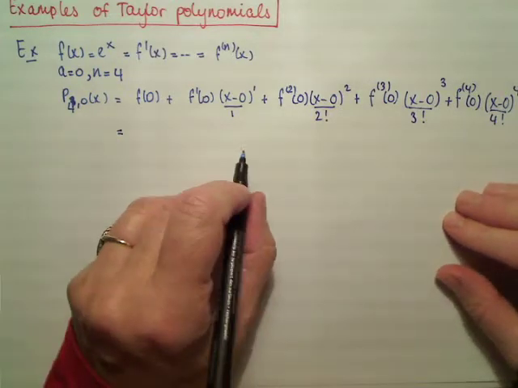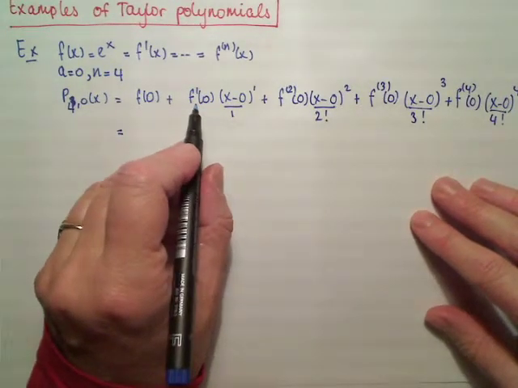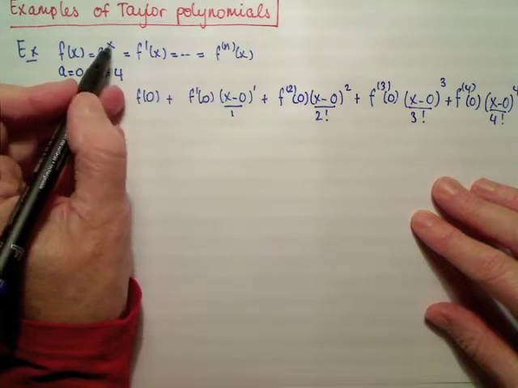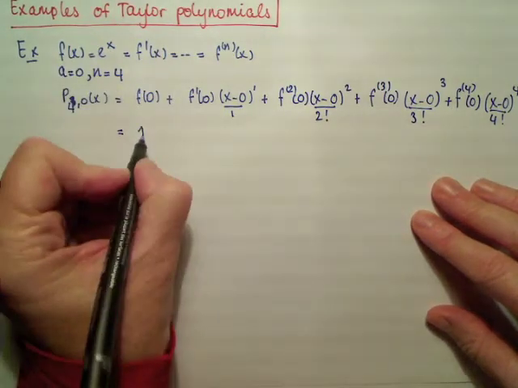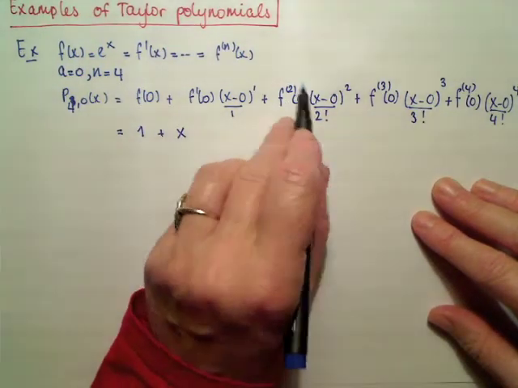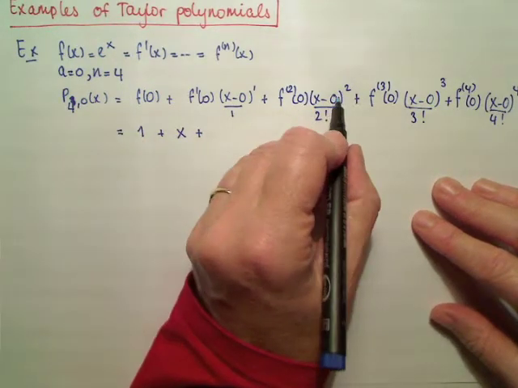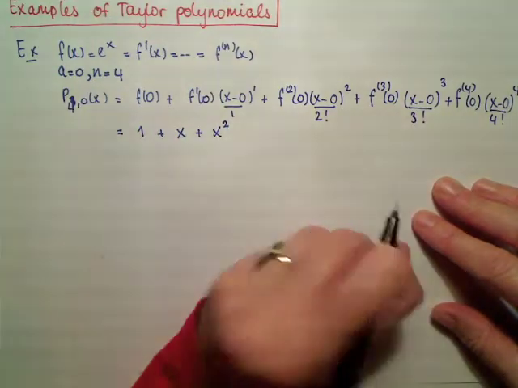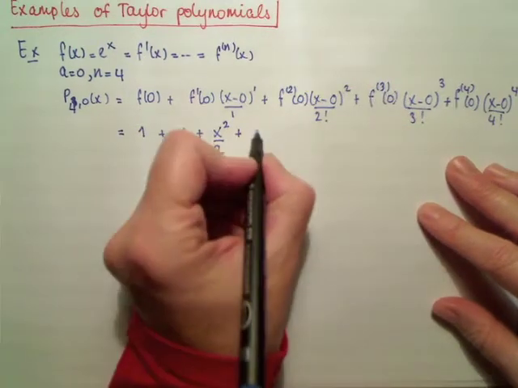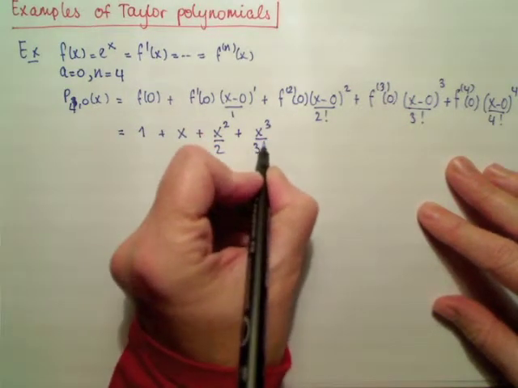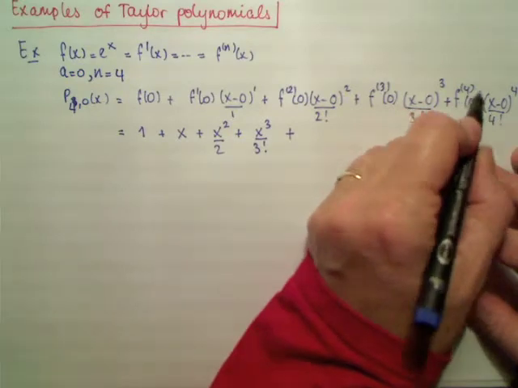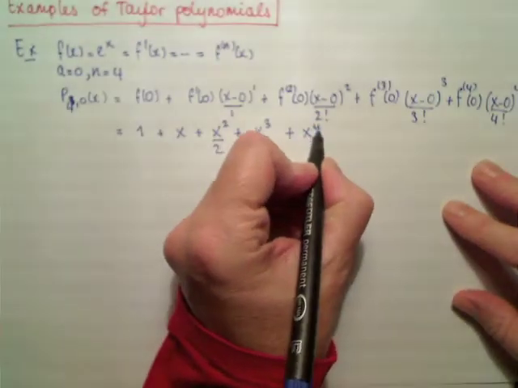Now, since the derivatives are all equal to the function itself, and the function itself evaluated at the point 0 is equal to e to the power 0, which is equal to 1, we get 1 plus 1 times x minus 0, so 1 times x, plus 1 times x minus 0 squared, which is x squared divided by 2 factorial, plus x to the power 3 multiplied by 1 divided by 3 factorial, which is 6, and the last term is 1, the fourth derivative at 0 equals 1, multiplied by x to the power 4 divided by